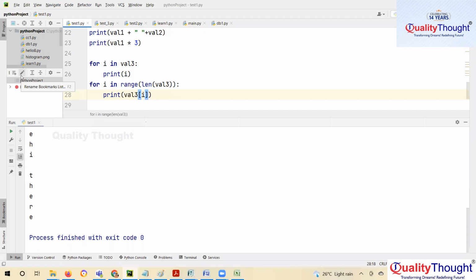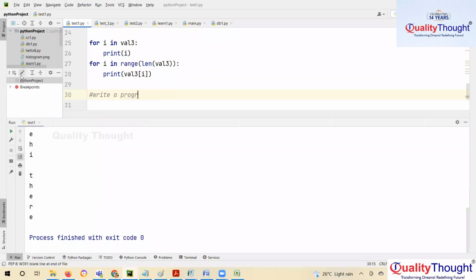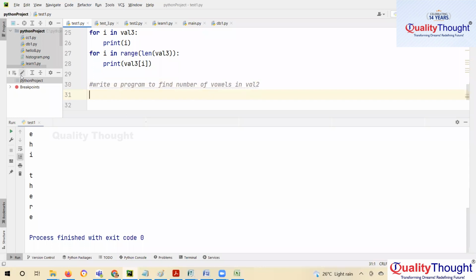Okay, write a program to find the number of vowels in val2. What I'll do is go through each character and see if it is a vowel or not. So for I in val2,